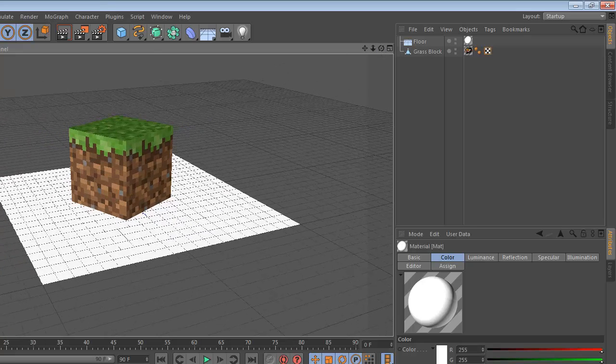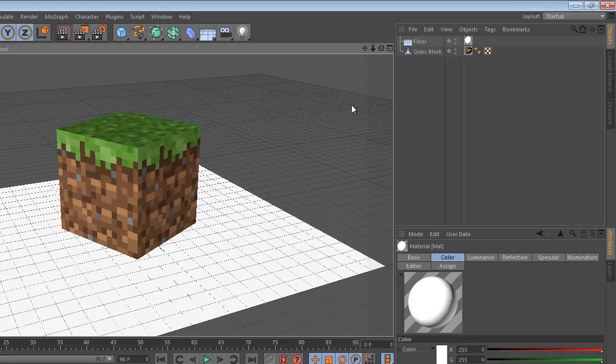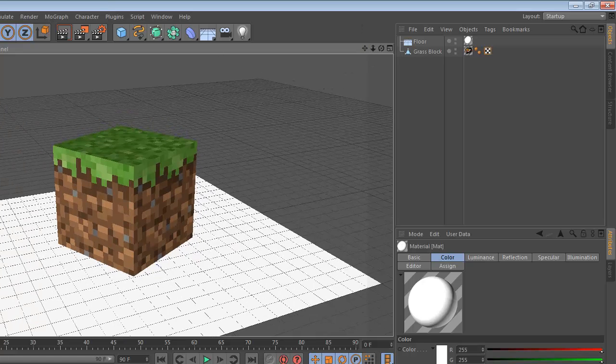That looks about right there. I'm gonna zoom in just a bit, move it up a bit. Okay, now that we have our grass block in place and ready, we're gonna double click here